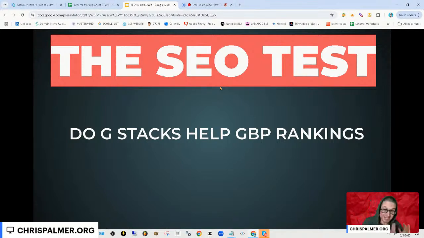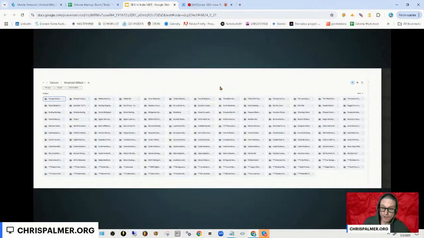That alongside a G stack for a single service, single location business in medium to large, usually smaller areas, we have seen get great results. Now, did I ever just do the G stack? Maybe that would have been better. But in this particular instance, this is the process for us ranking. And the reason why we do this is because it's ranked over 126 times. What I showcased on stage that I can't give to you is 126 different businesses. There's actually 150 here, but out of 150, 126 are in the map pack.